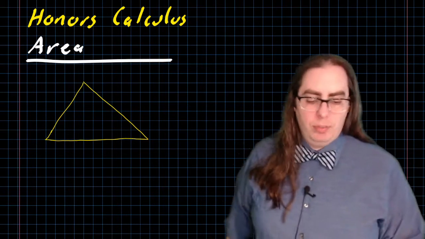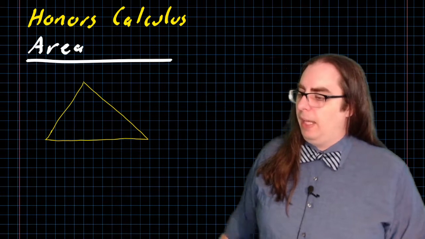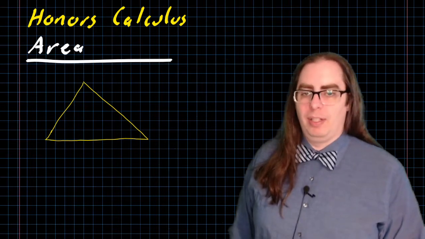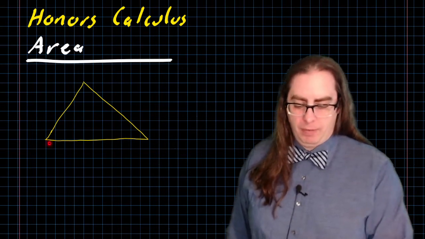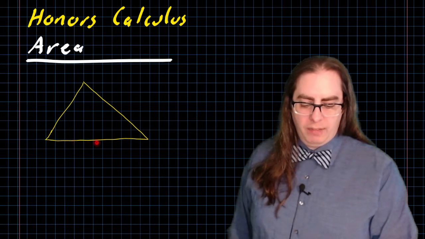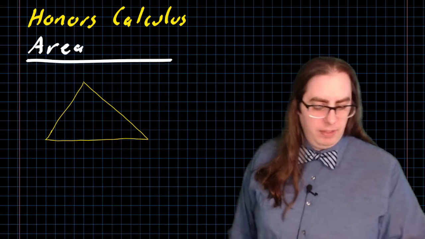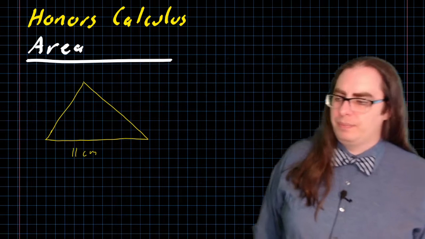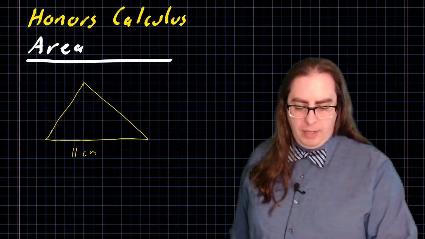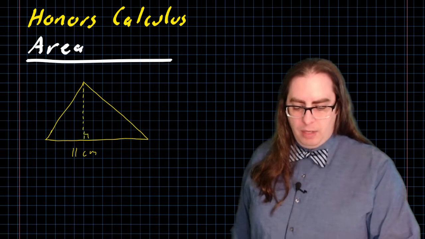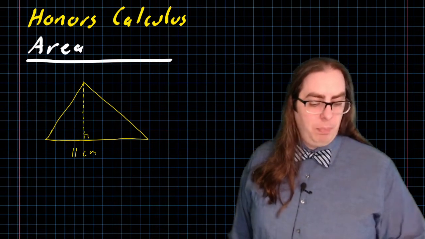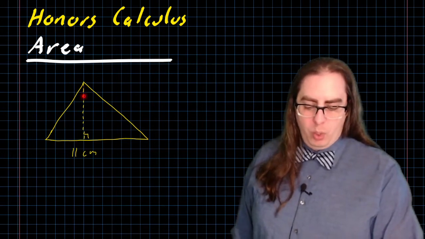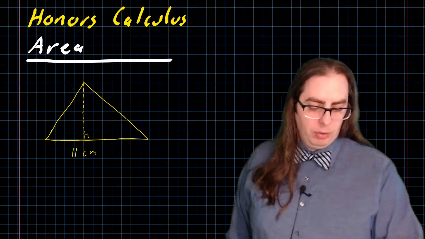All right, if we draw this simple triangle, and I'm going to go ahead and say that each of these grid marks on my page is 1 centimeter in size. Depending on the size of your screen, that might be very different. But 1, 2, 3, 4, 5, 6, 7, 8, 9, 10, 11 centimeters looks like the distance that way. And hopefully you know that if I measure perpendicularly from that side up to the highest peak, which I happen to have made sure fell nicely on the corner of the square, 1, 2, 3, 4, 5, 6 squares going up,